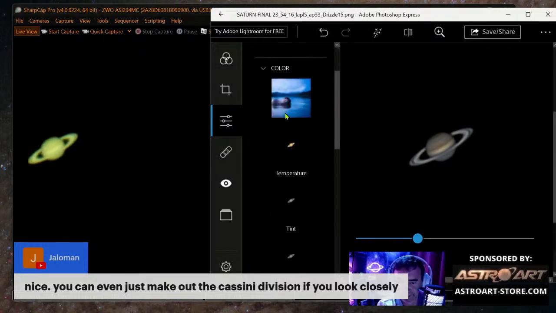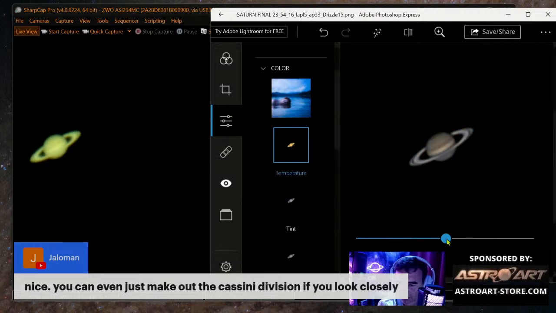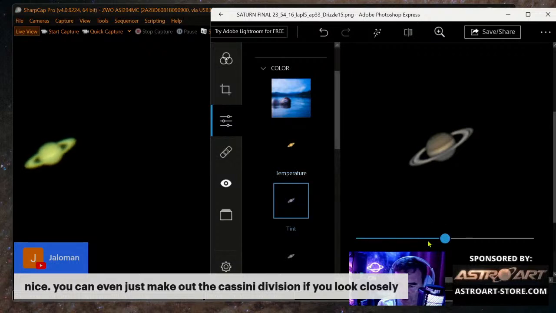Now color, temperature. You see why I'm not so attracted to astrophotography. We can do anything we want to an image. We can fake it all. But I will try to keep this tint.